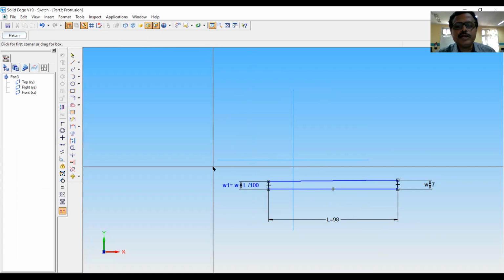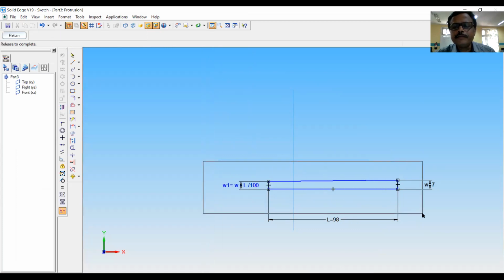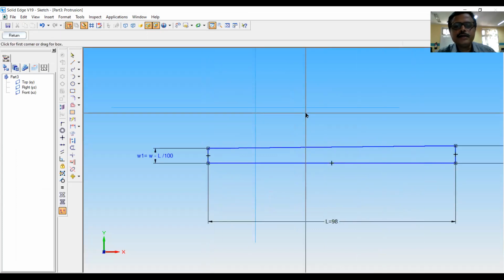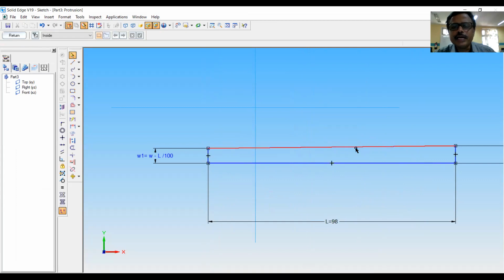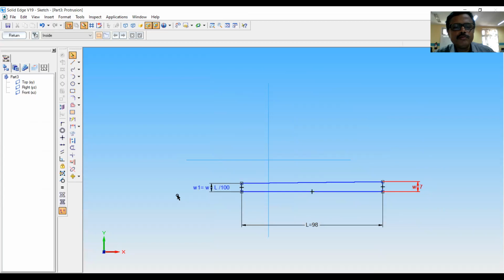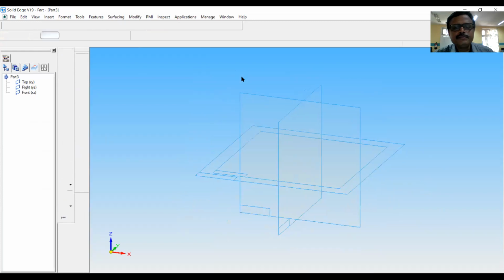We can see it by zooming in. See, this is the tapered line, which is 1:100. So the equation is this W, which is here, this W minus L by 100. Whatever is the L, for that L by 100. So this length is changed according to the equation. Return.